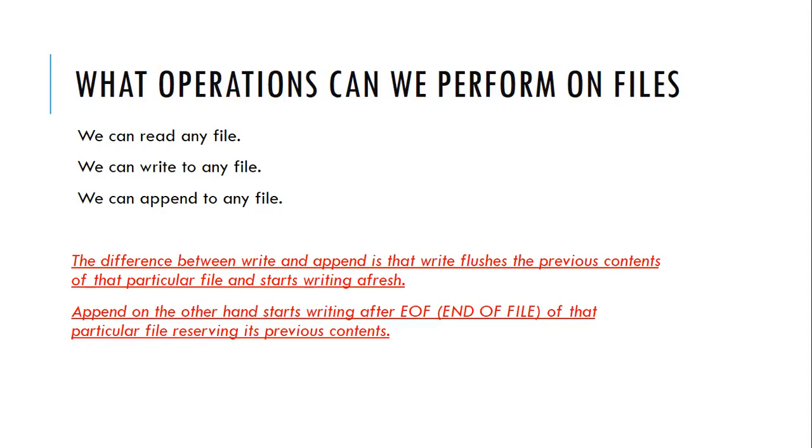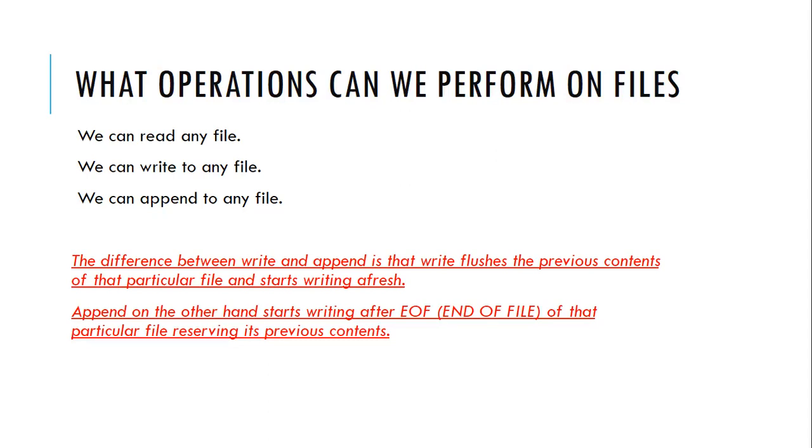Amend or append. So what's the difference between a file amend and a file creation? When we amend a file, the already created file will have some content added. Whereas if you create a file with the same name, then a new file will be created, right?